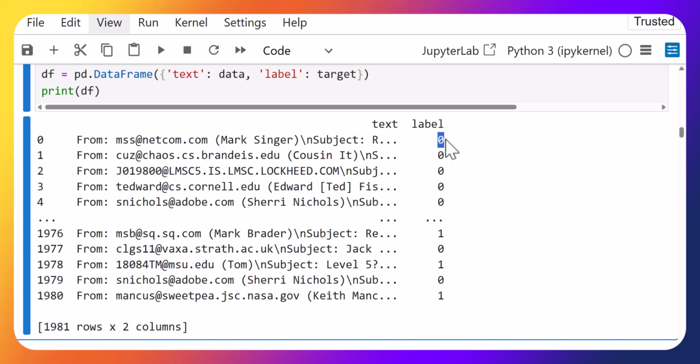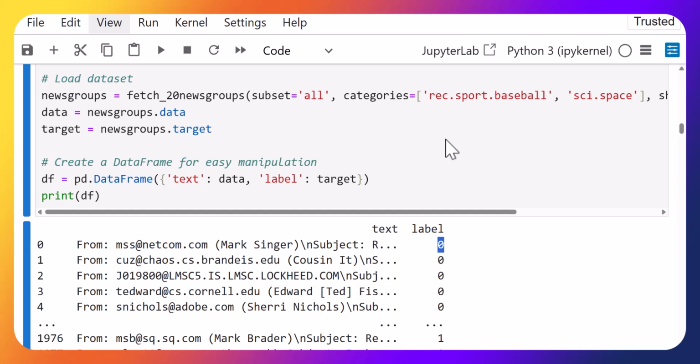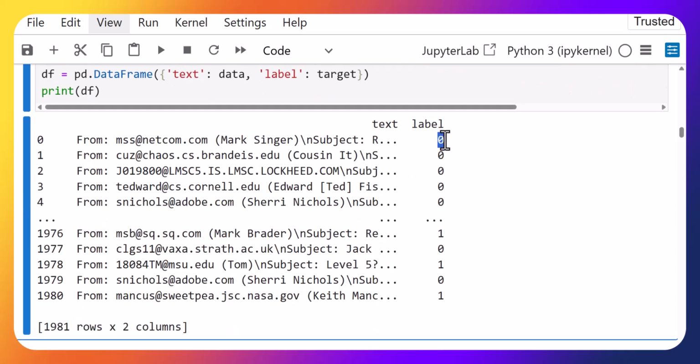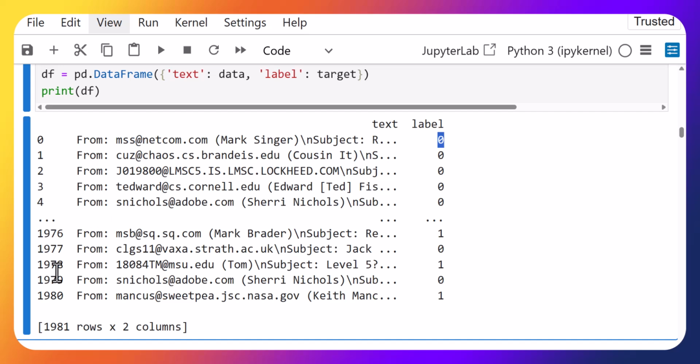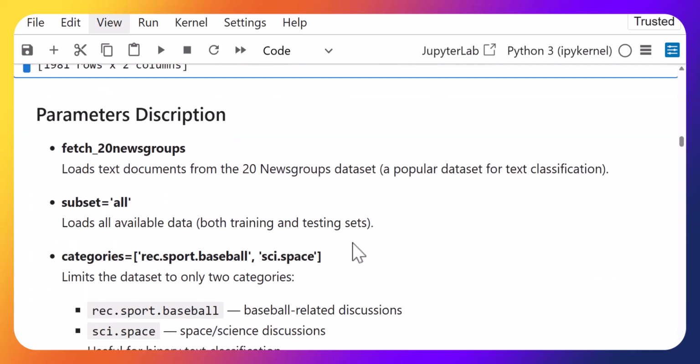So 0 is assigned to baseball, and 1 is assigned to sky space. As you can see, there are a total of 91980 data points with the corresponding labels as well. Now this is the information regarding the